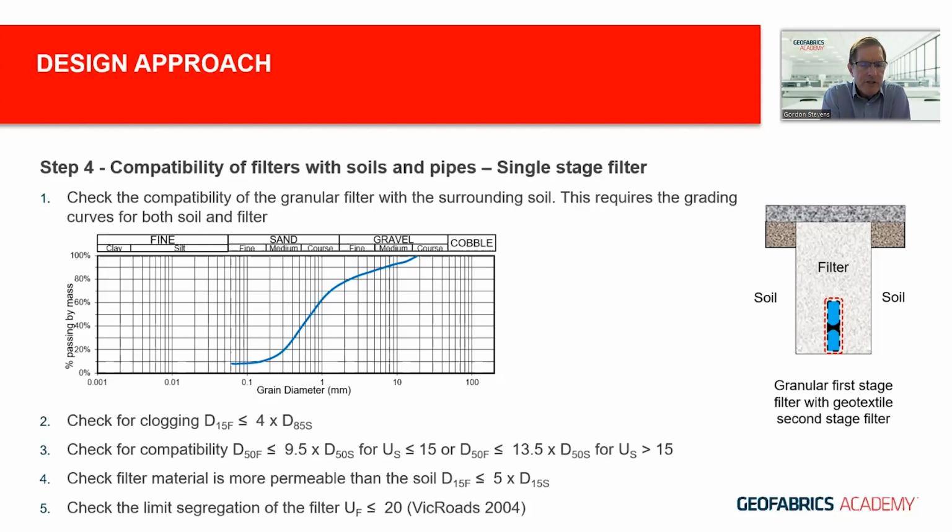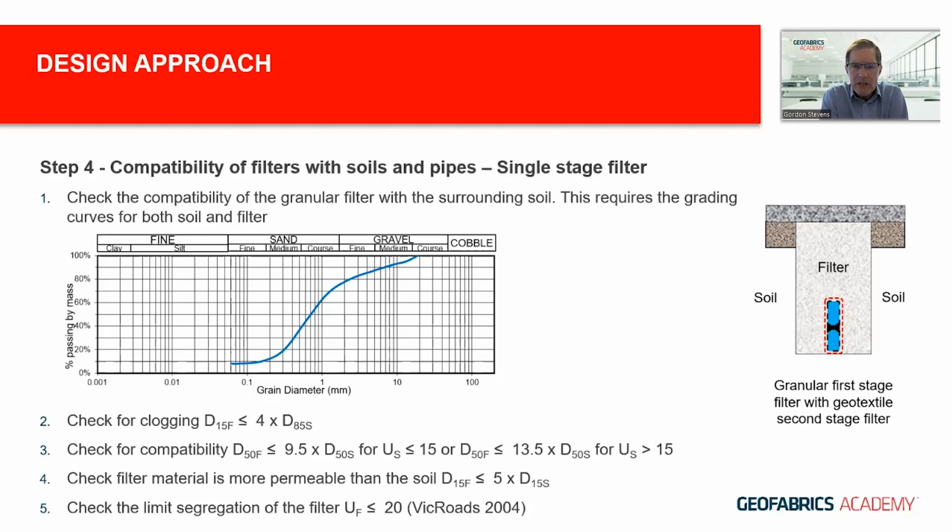The next check is to check for compatibility, and those are the range of formulas based on the coefficient of uniformity of the soil that you're dealing with. The third check is to ensure that the filter material has a permeability that is greater than the soil, which is clearly a very important and obvious criteria. And lastly, you want to check